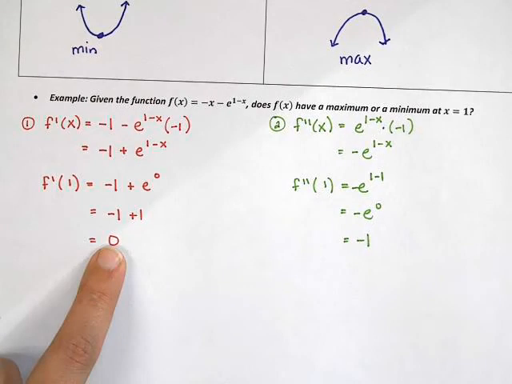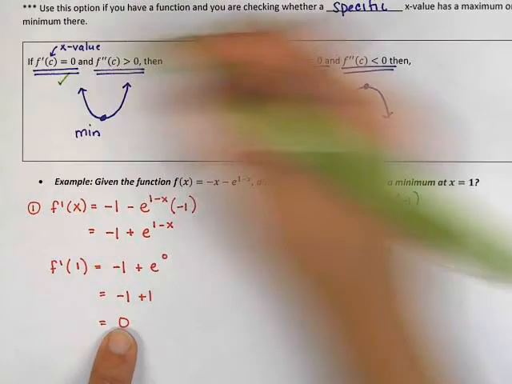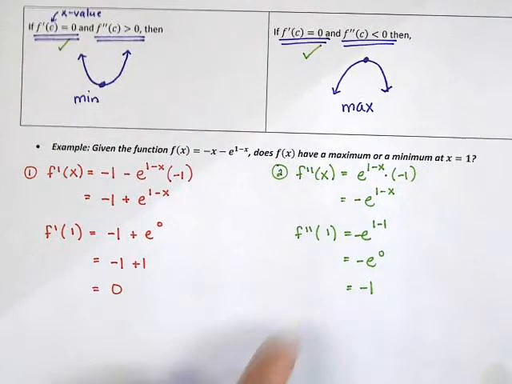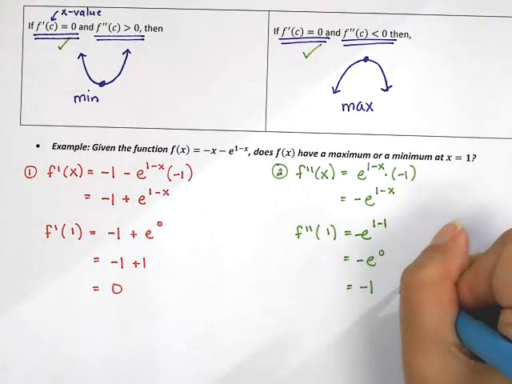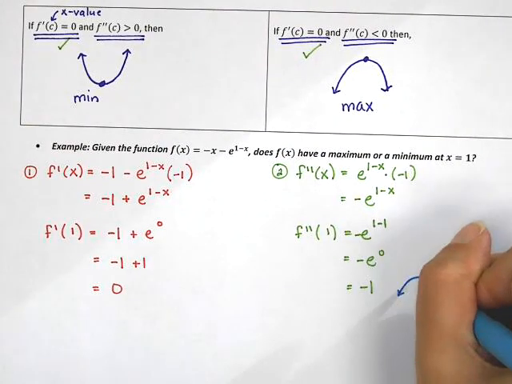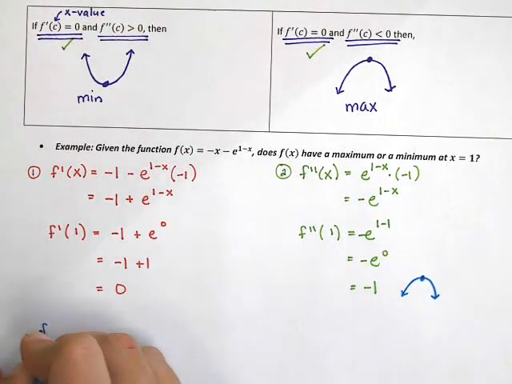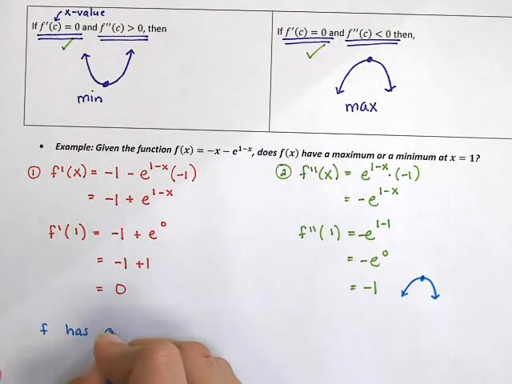Well, the first derivative is 0, which checks off this one and this one. But the second derivative is negative. If my second derivative is negative, I'm concave down, so I must have been right at the top. So f has a max